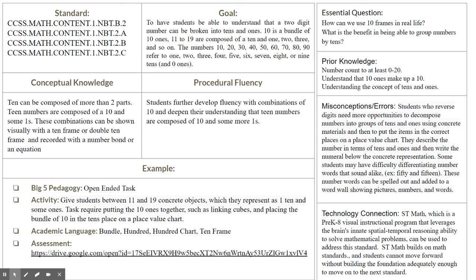In order to do this, students will need to already know how to count numbers 0 through 20, understand that 10 ones make up a 10, and understand the concept of tens and ones. In working on the standard, the common misconception among students is that they may reverse the digits, which would mean they need more opportunities to decompose numbers into groups using concrete manipulatives. Another misconception is that they may have difficulty differentiating number words that sound alike, like 50 and 15. In this case, having